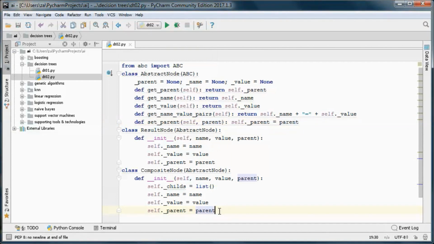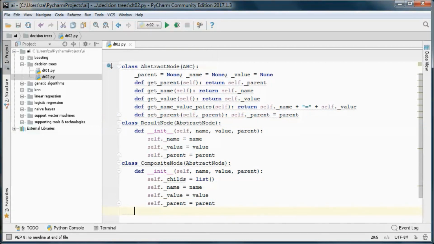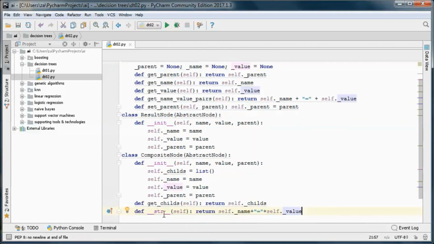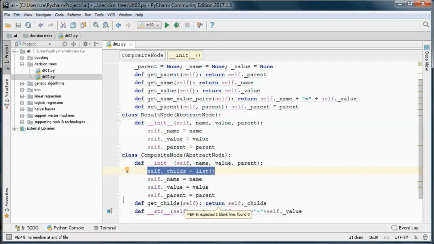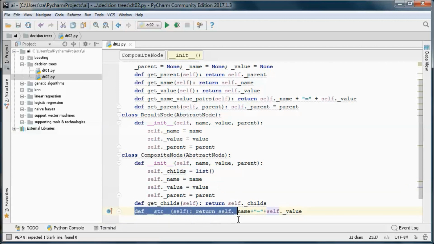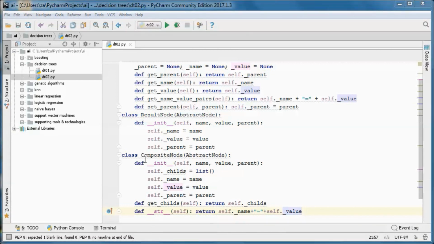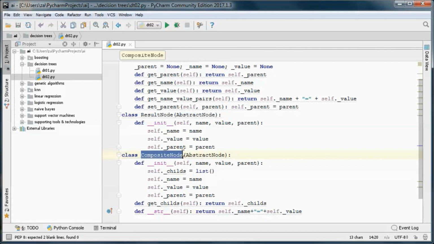And for the composite node, we have these get methods for the child nodes, and the toString method will return name equal value for this composite node.